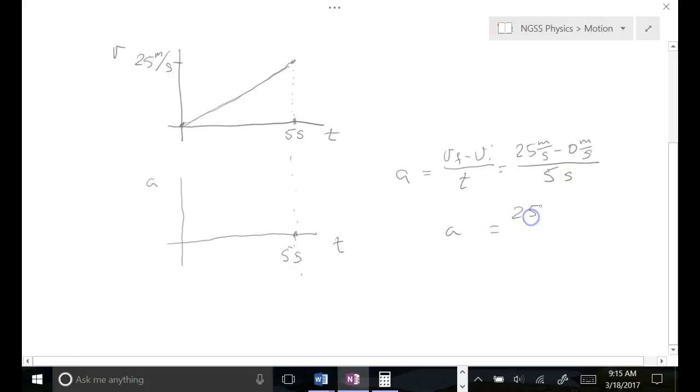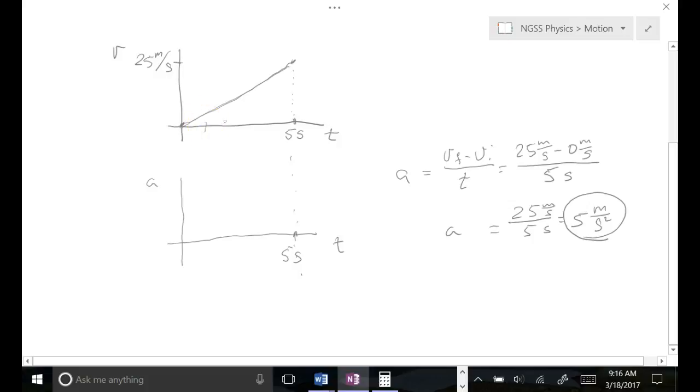So 25 meters per second over 5 seconds is 5. Now a meter per second per second is a meter per second squared. So our acceleration in this instance is 5 meters per second squared, which means